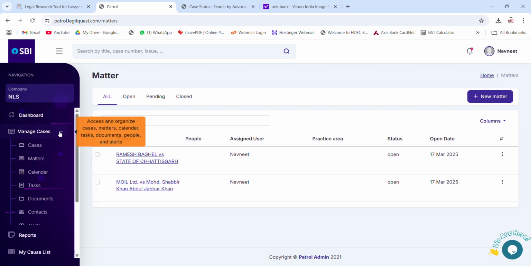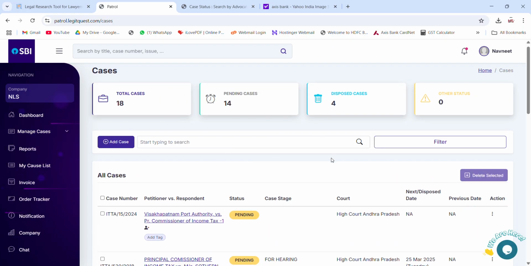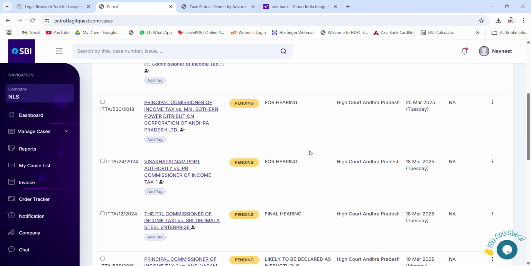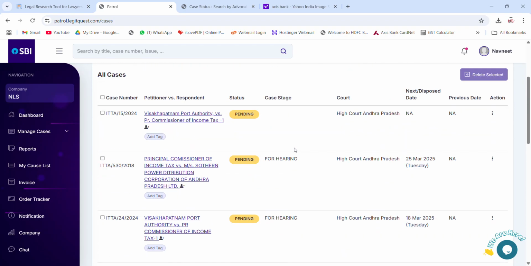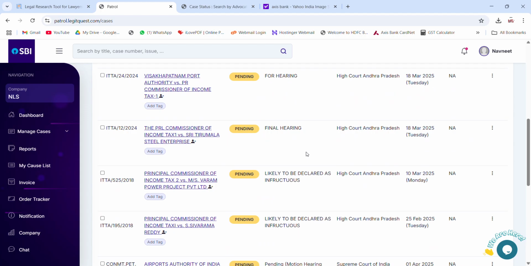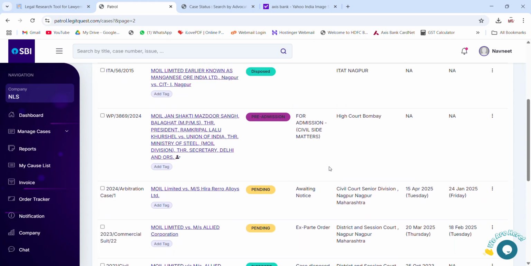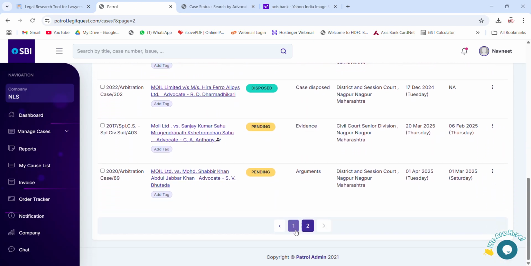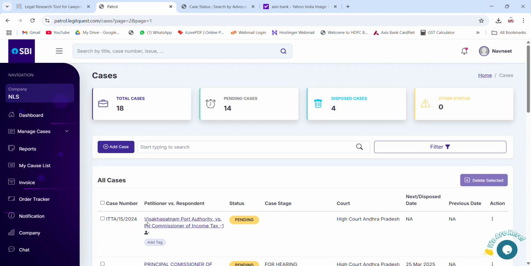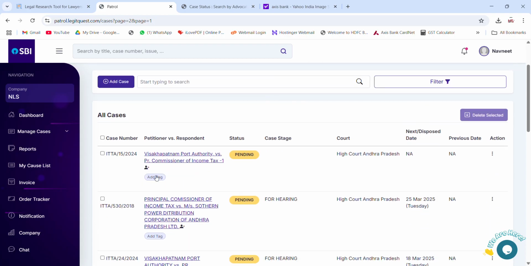So see, now I want to see how many cases are there. I'll just click on case, and then I'll get all the details of cases. So now there are 18 cases and 14 are pending. See, I can see which all are pending. I can see one that is disposed of. Pre-admission also I have. So I can simply add a tag also. I can open the case,